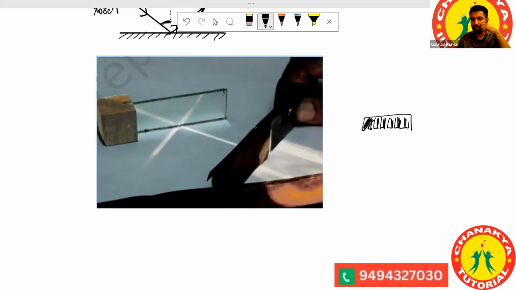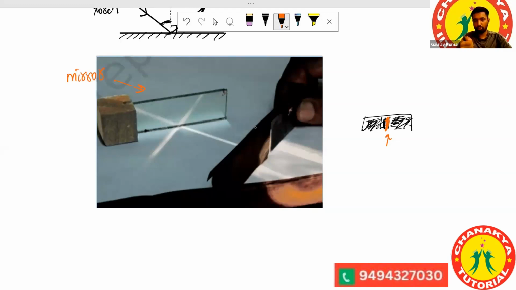If I shade all this part and all this part, and I leave only this small cavity, I will write this in red. If I only leave this cavity, and there is a mirror placed this side, and